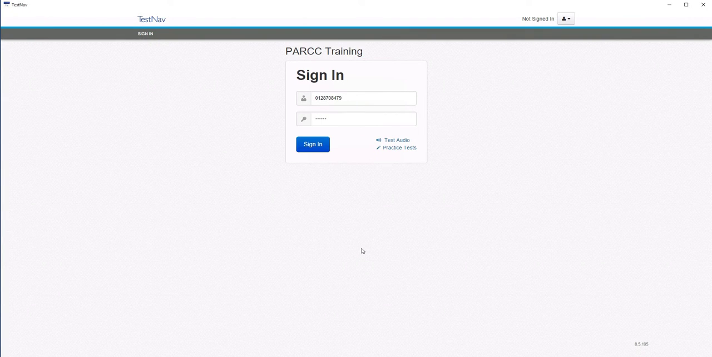In order for a student to access and participate in the PARCC assessment, they will need to launch the TestNav application from their Chromebooks. For detailed instructions on how a student will access the TestNav application, please refer to the previously provided slide deck. Once the TestNav application is loaded, it's important to confirm that all of the students will